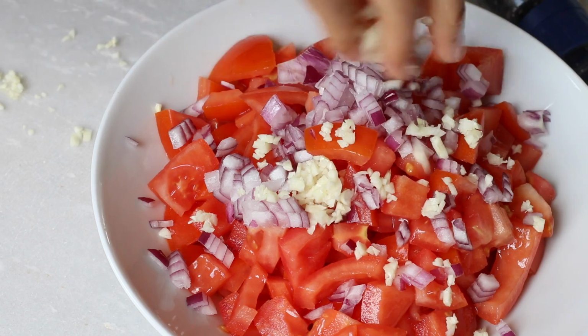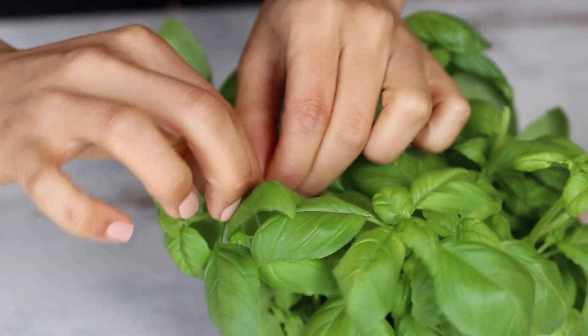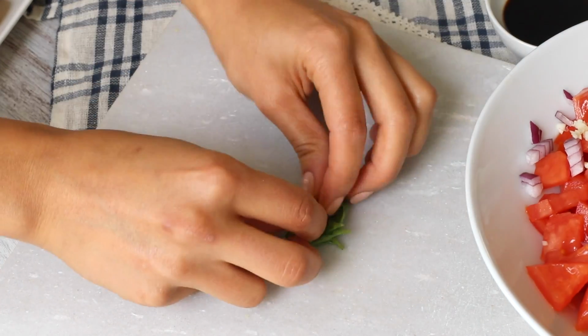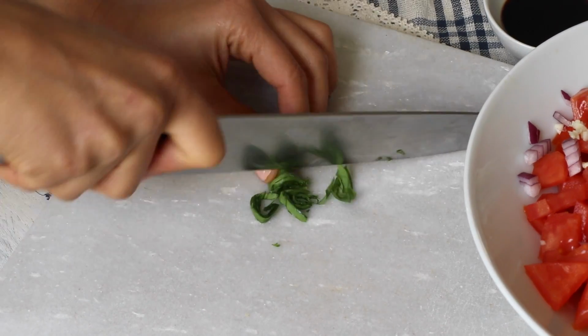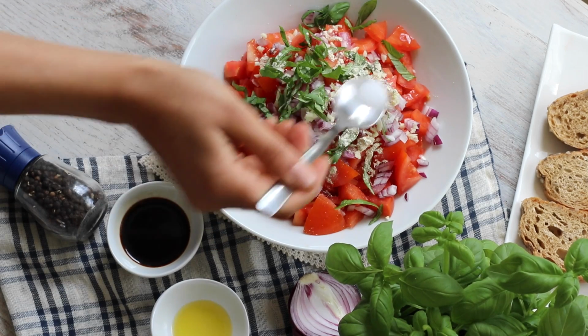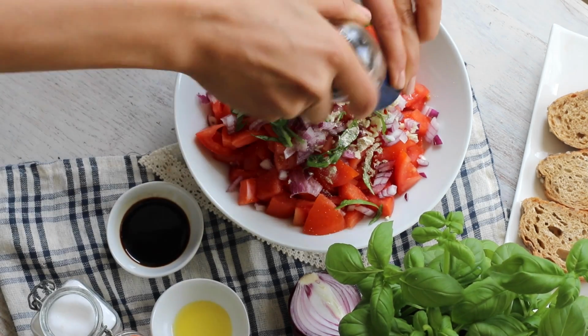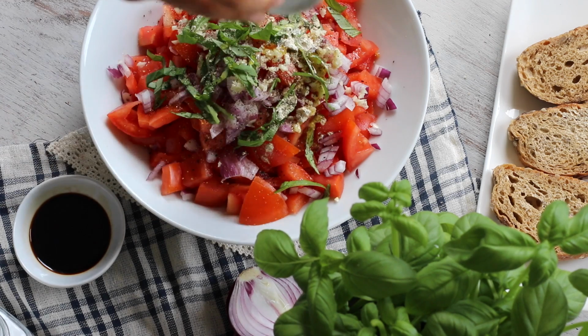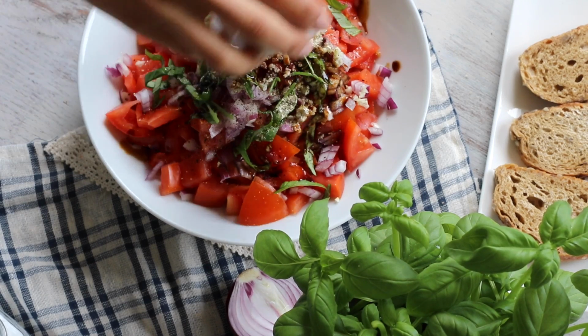Then we'll take about 20 or so leaves of fresh basil and stack them on top of one another. Roll it up and thinly slice it to get these perfect little slivers of aromatic basil to add to the bowl. Then sprinkle on 1/2 teaspoon of garlic powder, 1/4 teaspoon of salt, 1/4 teaspoon of freshly cracked black pepper, and then you can add in a teaspoon of olive oil, a tablespoon of balsamic vinegar, and toss everything to